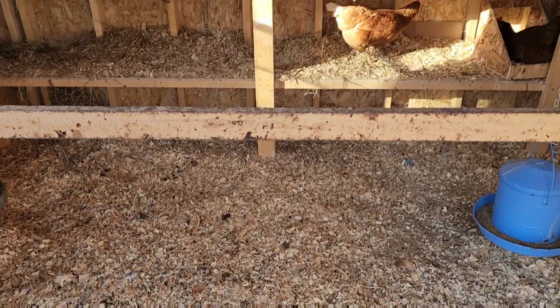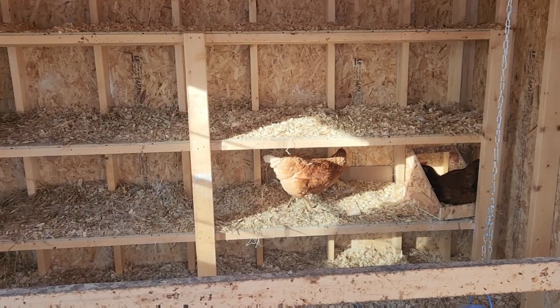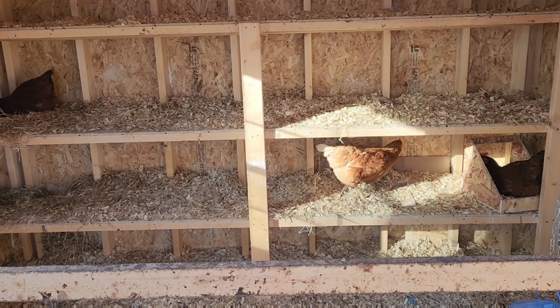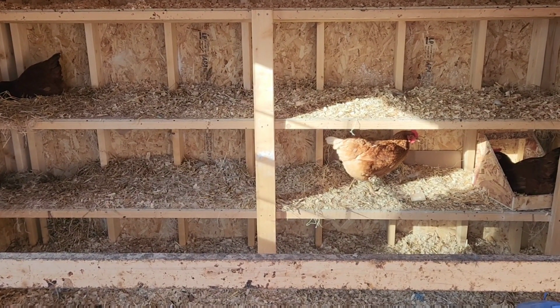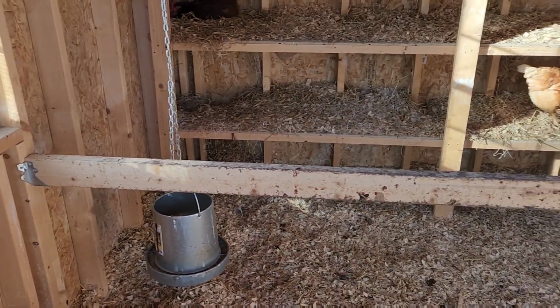We just recently completely cleaned this whole chicken coop out last Saturday. So it's going to be almost 2 weeks since it's been cleaned. We wanted to clean this completely out because we were going to transfer the babies into this shed. So we wanted a nice, fresh, clean shed while we transfer the babies into here. So we do have one of these little